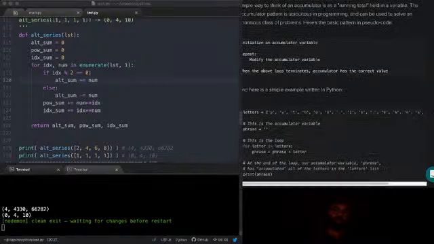So an accumulator in a nutshell is we initialize an accumulator variable. The variable can be basically of any type. What we do is we go through a collection and we run some process on each element in the collection, and we modify that accumulator variable accordingly.